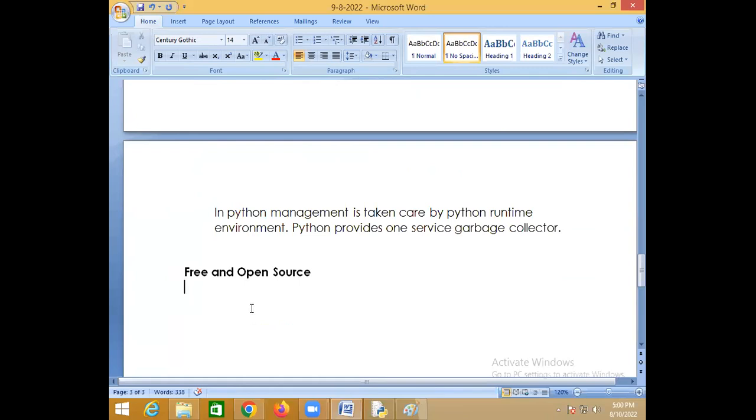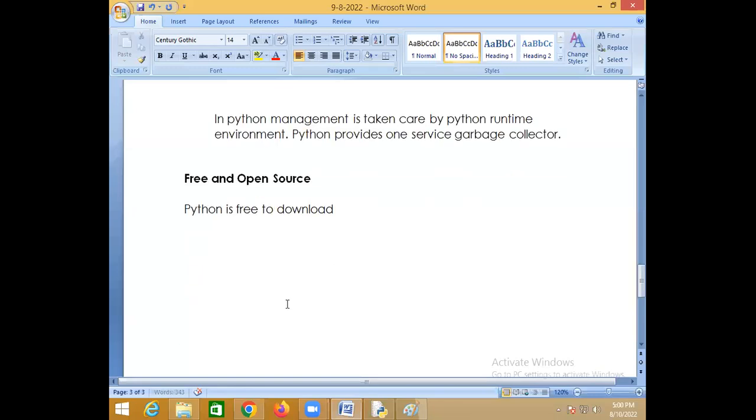Yes. So Python is free and what is that? Open source. Python is free software. Free to download. You don't require to purchase the Python software. You can download the Python software freely. Now, Python people are giving this Python for what? Free. But what is the advantage of giving it for free?